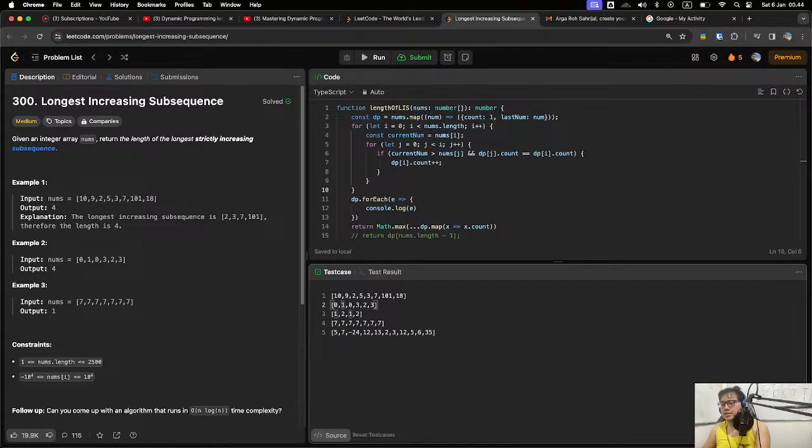And things got interesting when we consider the first index, because on the first index, which has number 1, we know that the longest subsequence here is 2 already. And then we check that 3 is actually bigger than 1.